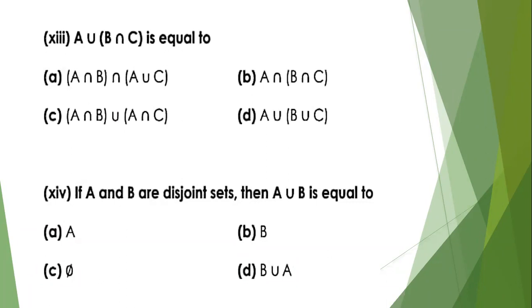Disjoint sets, as is evident from the name, do not have any common elements. Yes, you have A and B, correct answer. If there is no common element between the two sets, it is known as a disjoint set. So if A and B are disjoint sets, having no common element, then A union B is equal to what? It is the D part. Of course, A union B will be equal to B union A, because we have to combine the elements here. D part, correct answer.